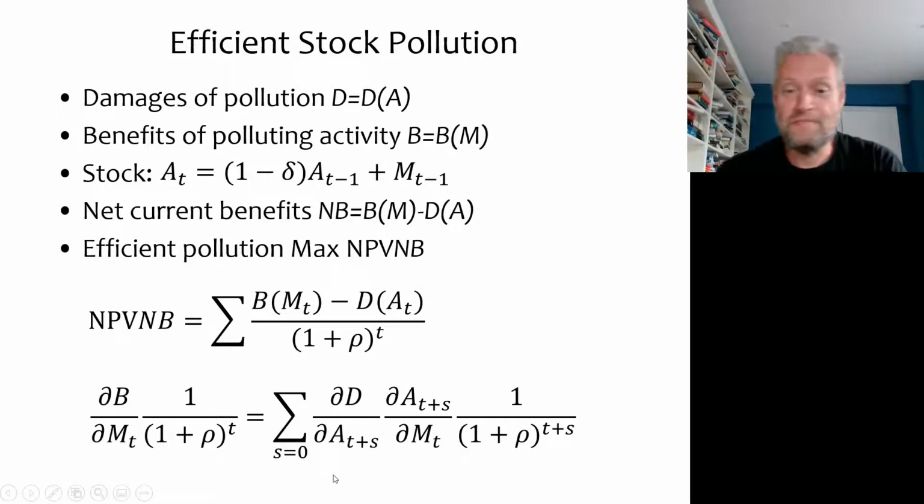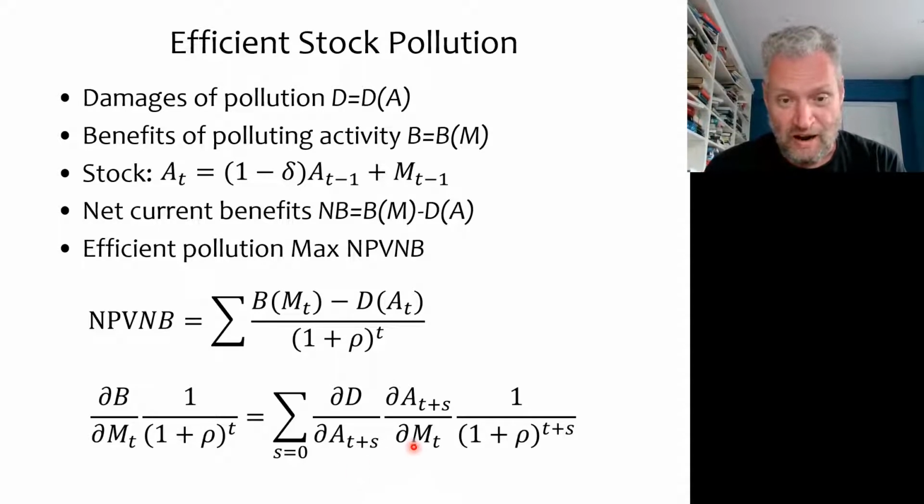The marginal benefits are the d, the m at time t, 1 over 1 plus rho to the power t, but the